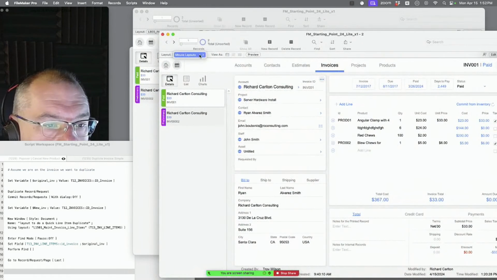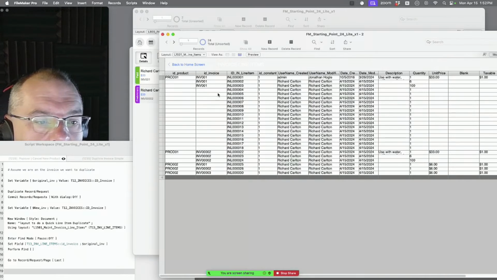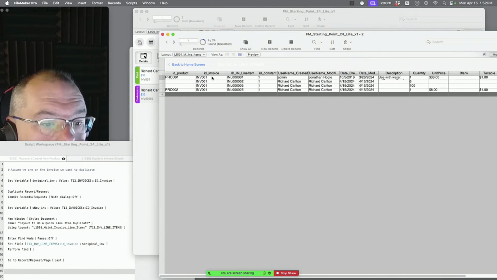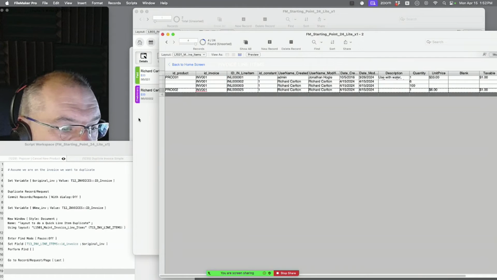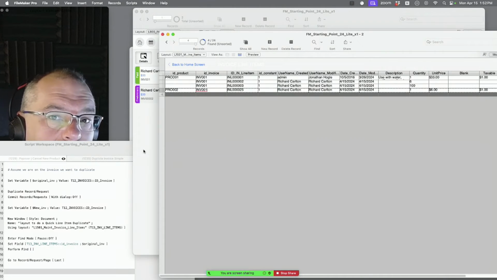Then there's a missing line in there. You go to invoice items. You do a find mode, Command F. You set the value. You hit return. You go to the bottom one. Now, what did it say to do? What's the next step? It says set ID invoice for the duplicates record to the new invoice. Does it not say duplicate record first? No. Okay, please add that. That's wrong. You have to duplicate it.